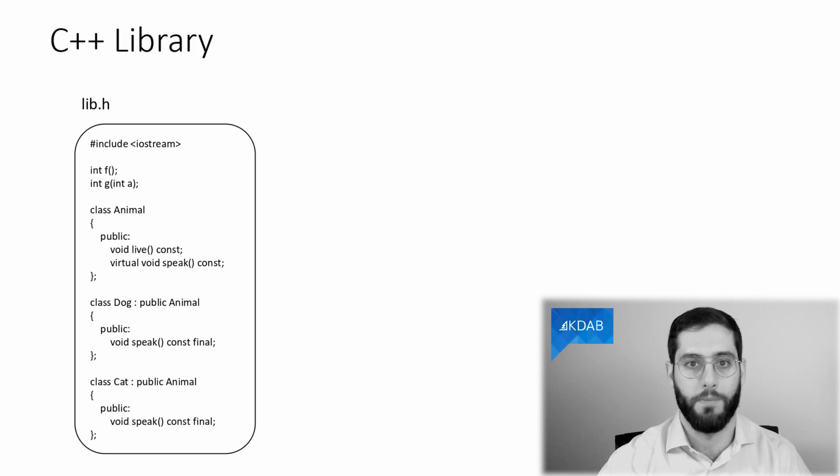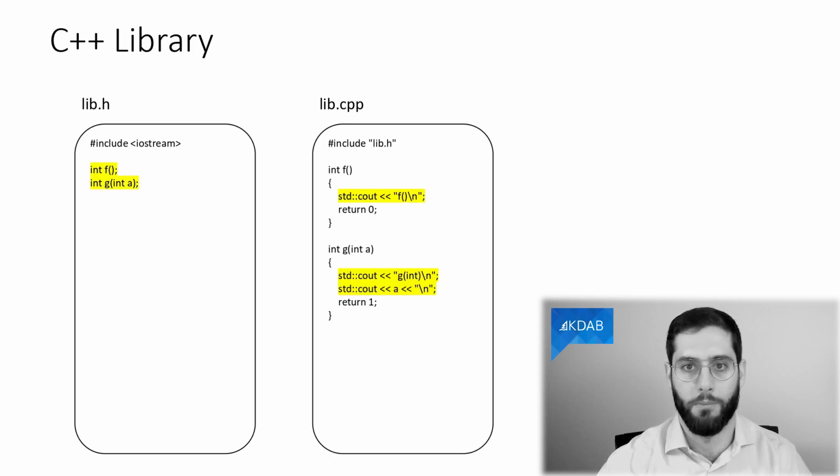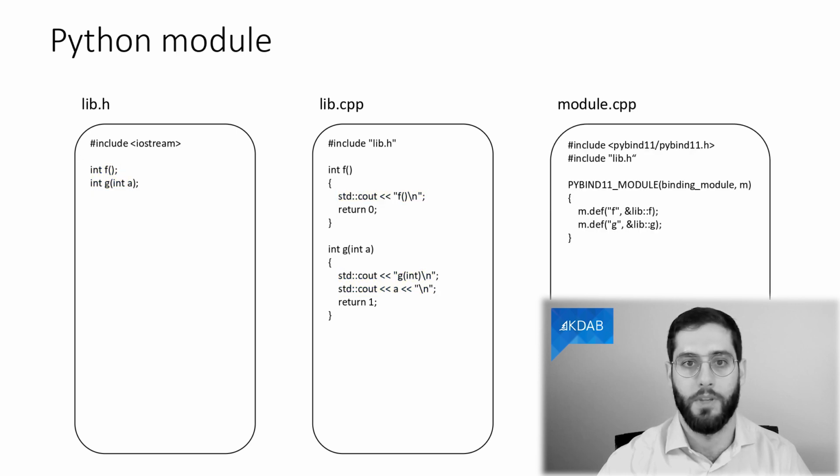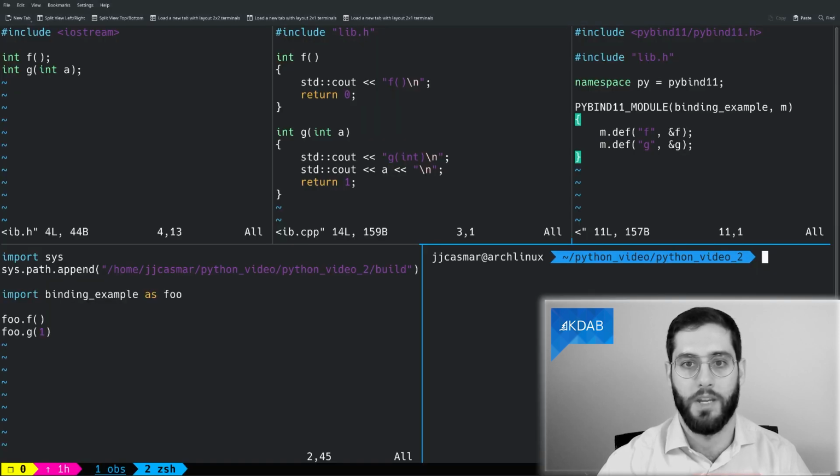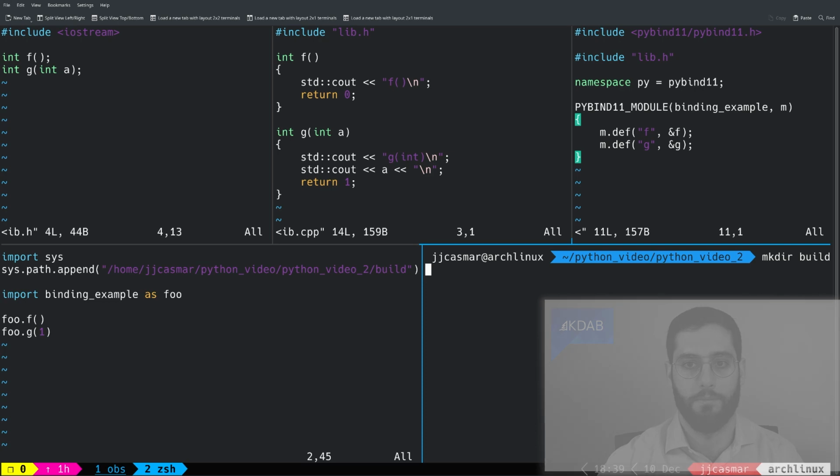In this first example, our library contains two free functions, which print some content to the terminal. Let's bind these functions to our Python module. To do so, we add two new definitions to the module, give them proper names, and bind the C++ functions to them. Now, in a Python script, we can import our new Python module and call the functions we have just defined. This executes the C++ code, and we get the output on screen.